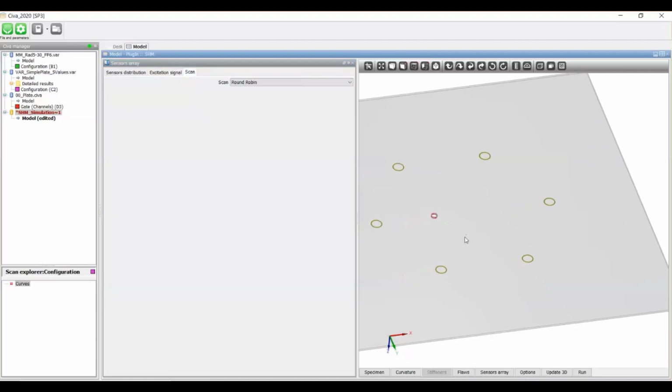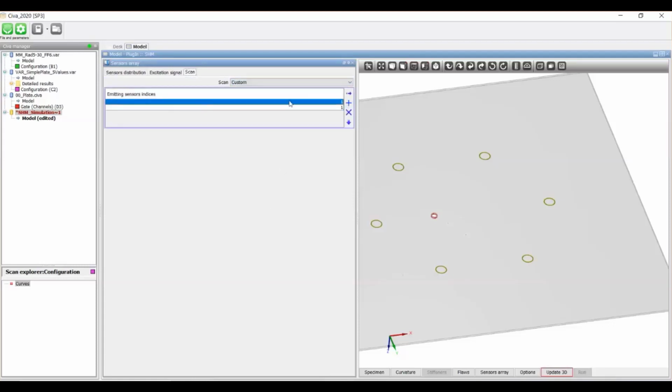And then in terms of, let's say, electronic scan profile, you can either work in a round robin. It means each transducer will successively be an emitter, and then you record the received signal on all the other sensors. Or you can define a custom scan, just defining which sensors will be considered as emitters, one after the other. So maybe sensor 1, then maybe sensor 3, maybe that's it. And these will correspond to two different simulations, and it will calculate the response on the other ones, which will be considered as receivers.